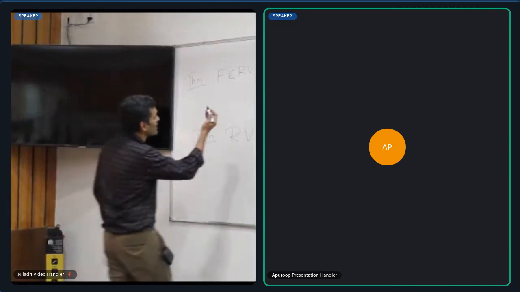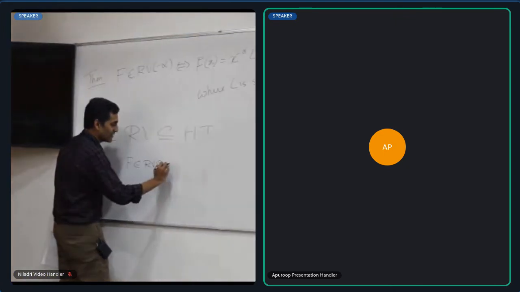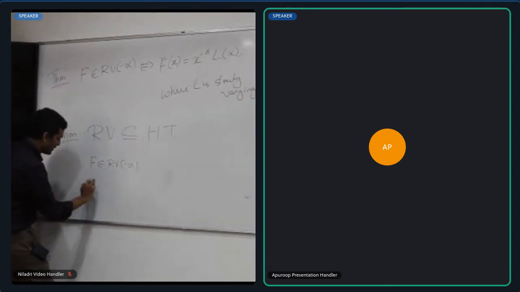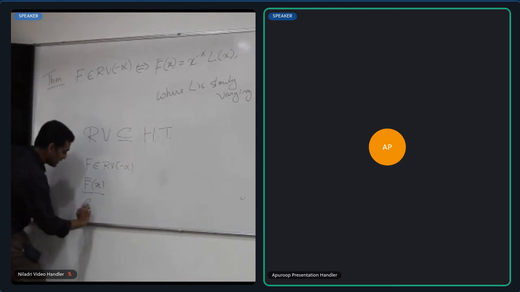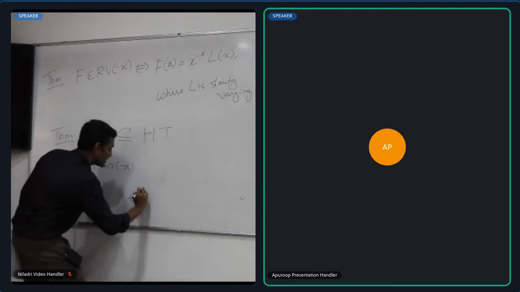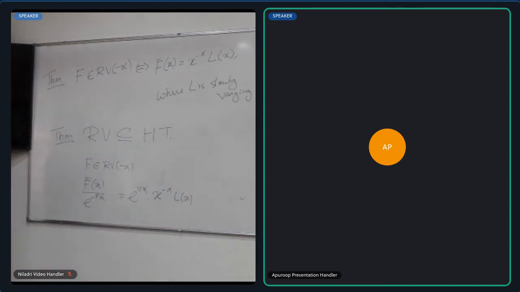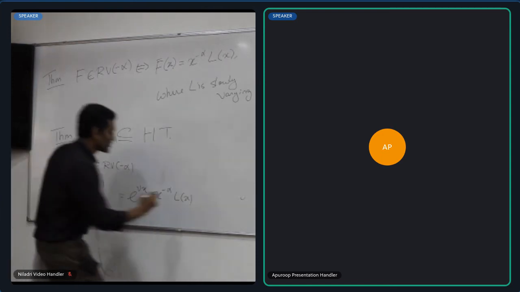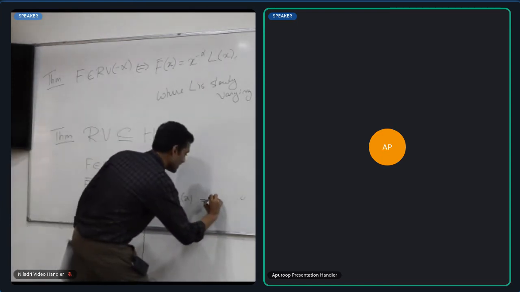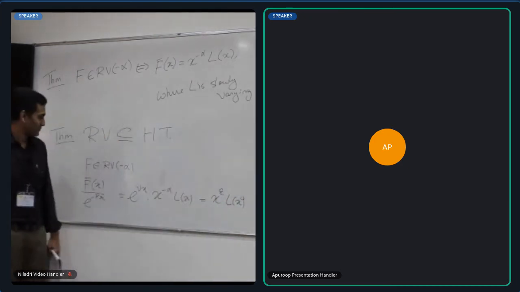To show this is actually very straightforward. All you do is, suppose that f is regularly varying with index minus alpha, then you look at f bar of x divided by e raised to minus mu x, right? The exponential CCDF. So what is this? This is e raised to mu x times x raised to minus alpha L of x. You have to argue that this thing goes off to infinity. The way I would do this is to say that this can be written as x raised to epsilon times L of x, where epsilon is some positive constant,